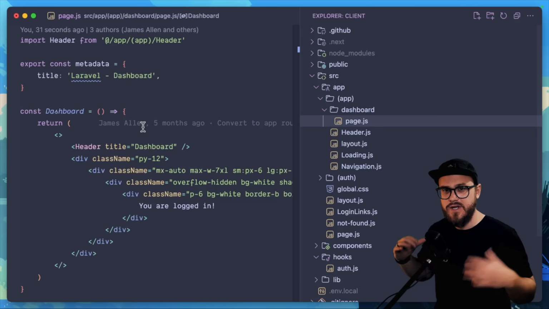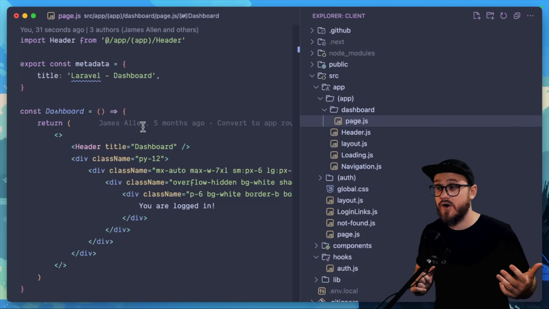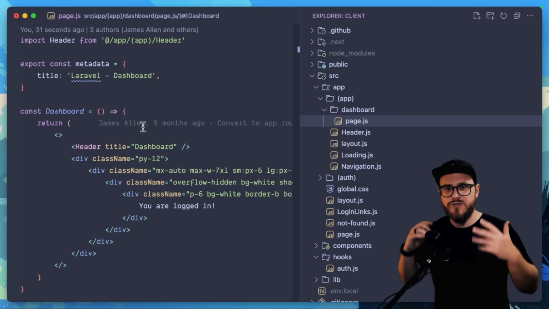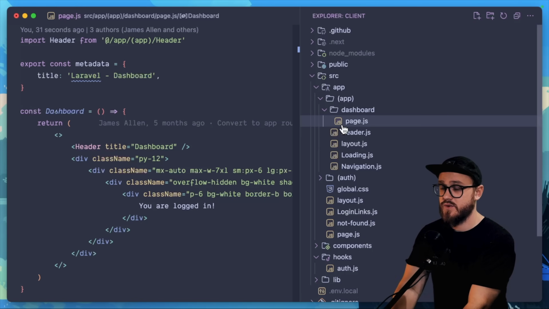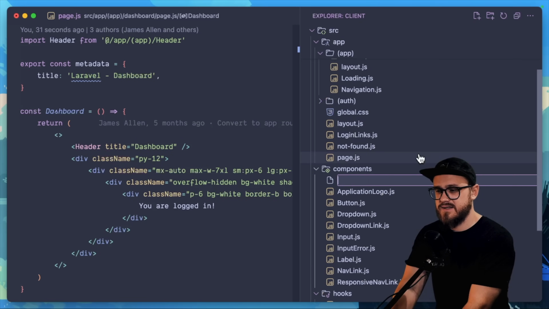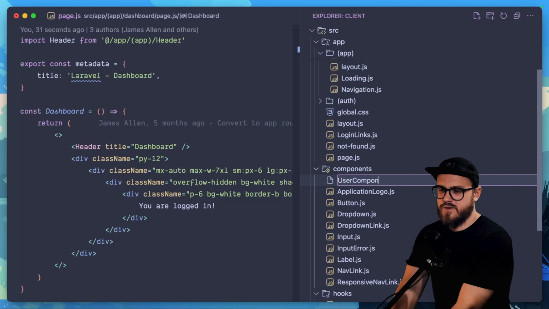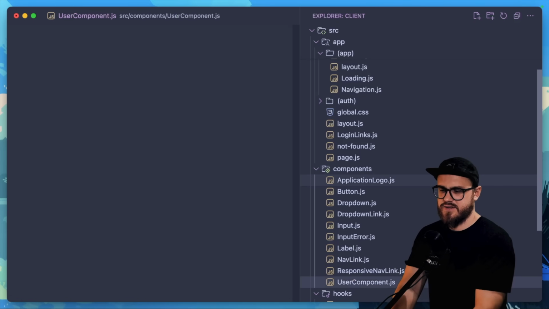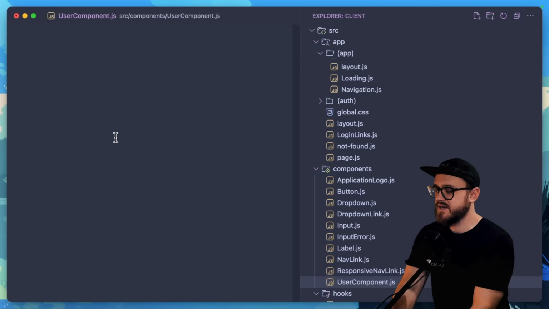Well, the dashboard isn't a client component, so let's go ahead and create a component. Let's just say this is maybe our user display or user HUD, for example. And maybe we'll go ahead and do that in components, and we'll just go ahead and say that this is, let's say, a new file. And we'll just go user component.js. And we'll go ahead and say that this is a use client page,